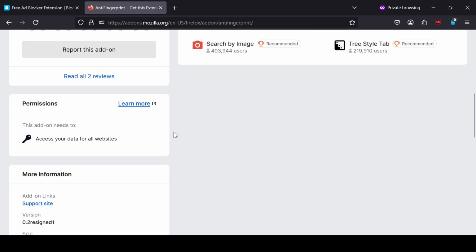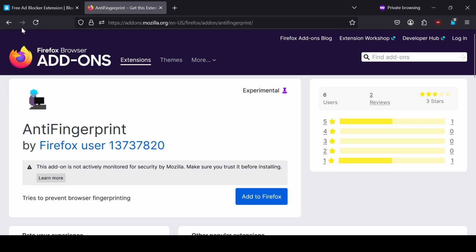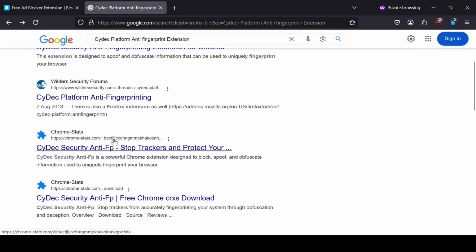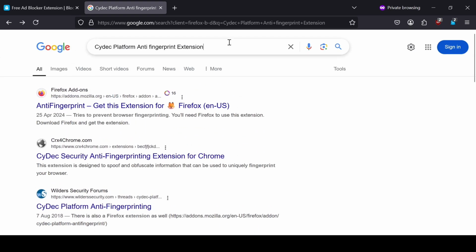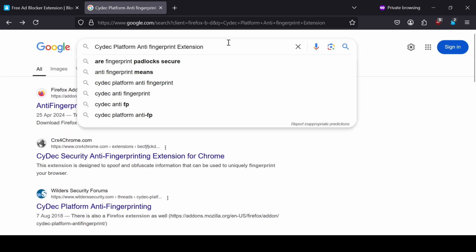No, this is not Codic. This is not Codic. This is the Codic I'm talking about. Okay. Sorry. Codic has been banned long time ago. But there is another way we get it.